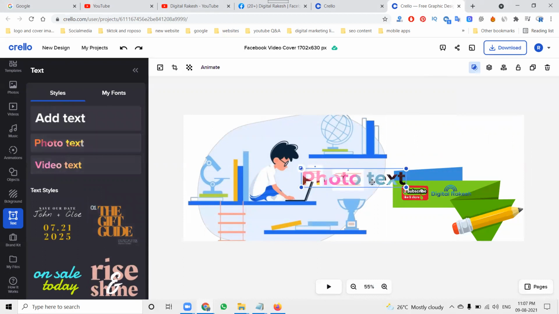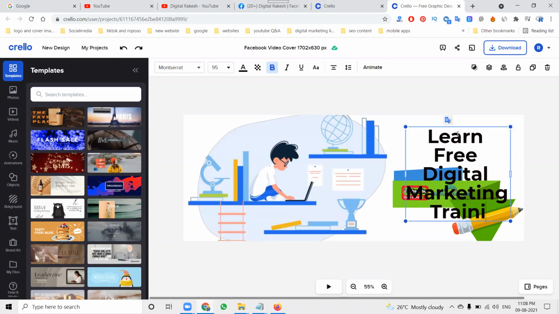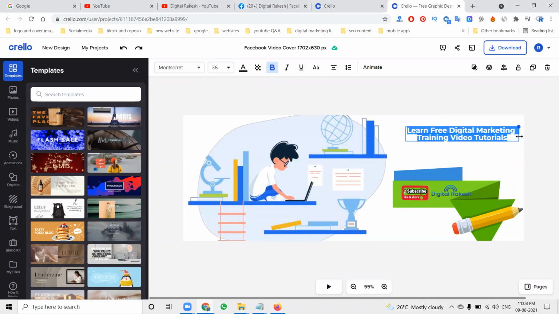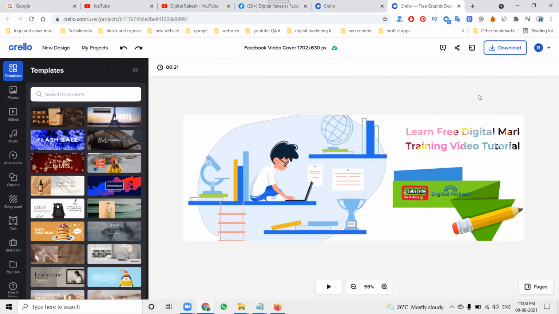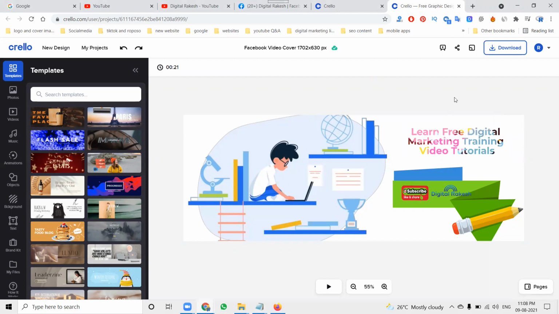Photo text. So this will be here. It's a clear option.